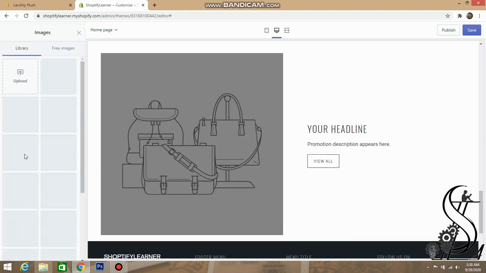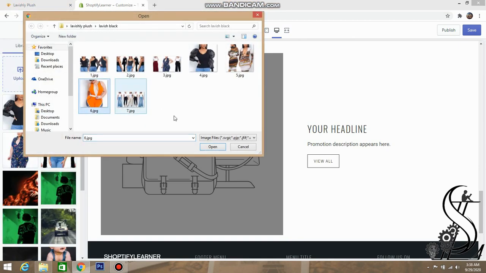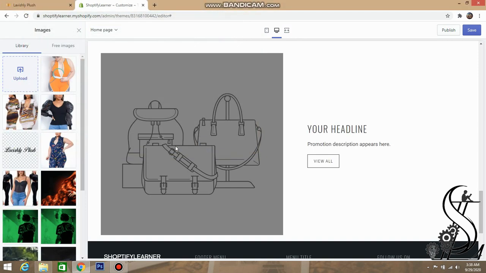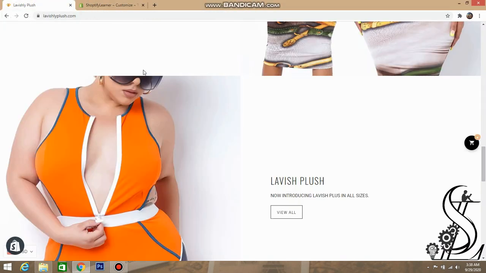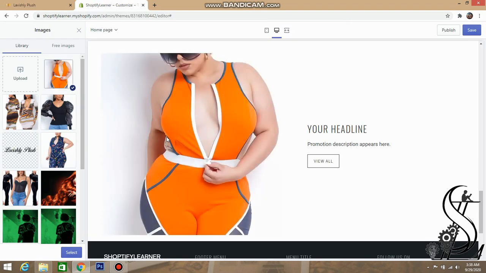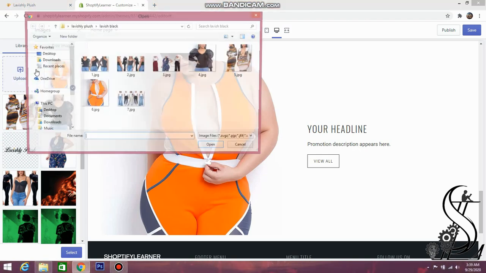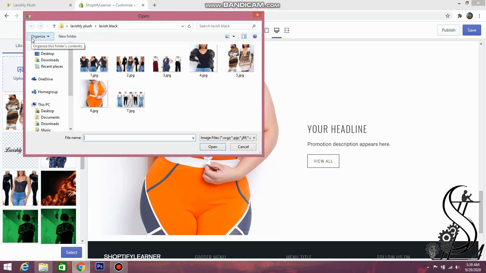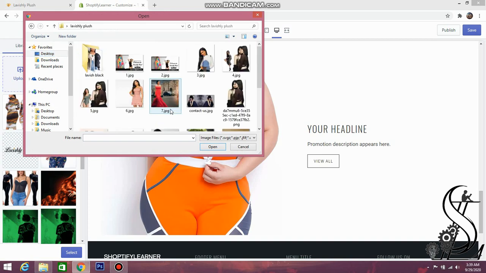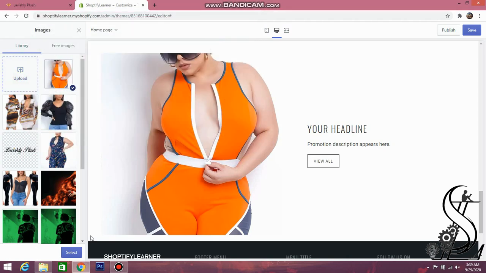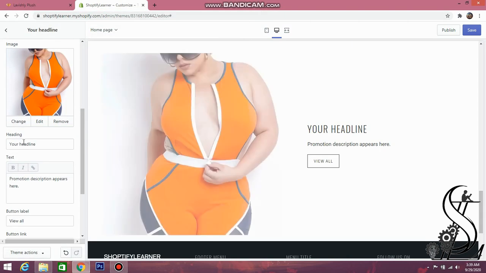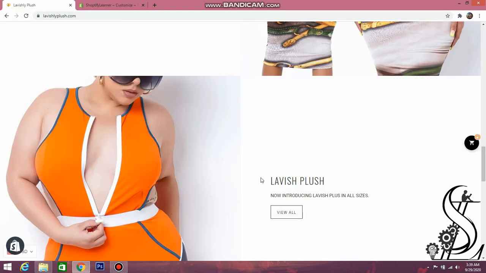Simply go to it, select image, upload, and we select the picture we want. As you select the image, click OK. Now simply copy and paste the thing you want.